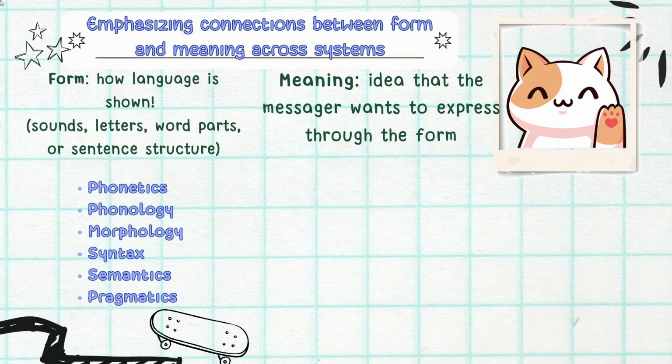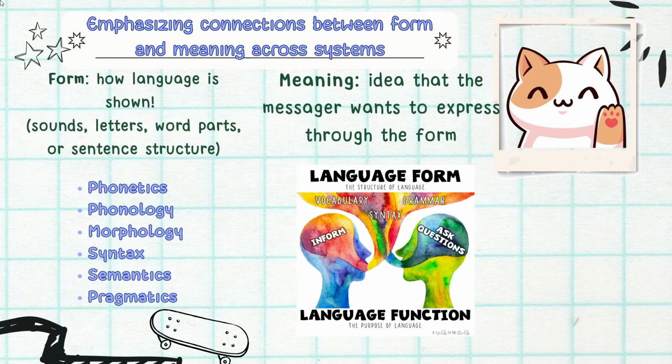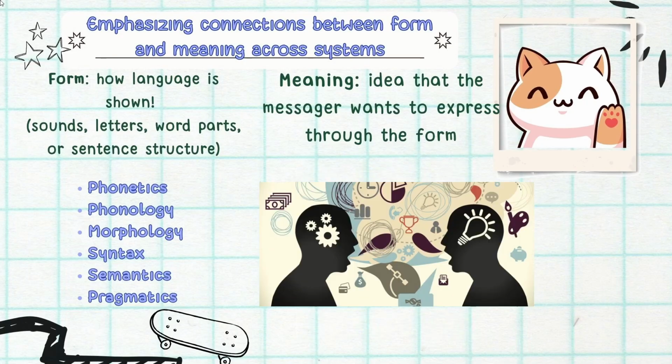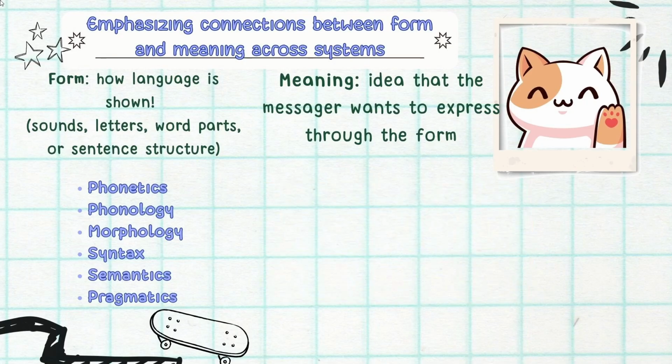So we know that language is more than just words. It's a system that connects the form with the meaning. But what is that? Form includes sounds, letters, word parts, or sentence structure. It's basically how the language appears or is heard. Meaning, on the other hand, is the idea or the message that the form communicates. So now we are going to be going through every subsystem we talked about before and analyzing the form and the